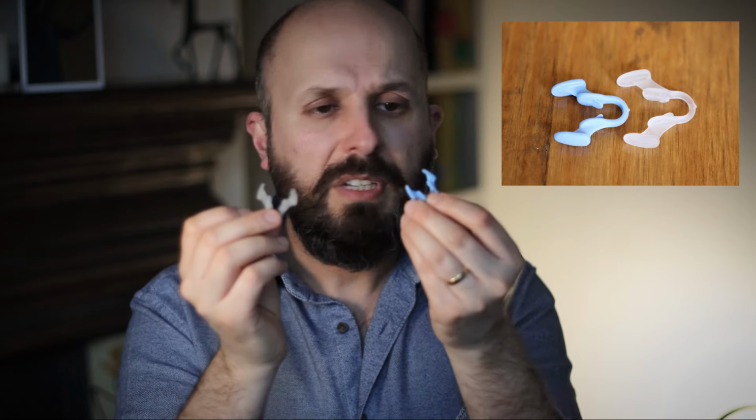Now I'm going to go on to the AirMAX device, which according to the box has nothing to do with snoring, but it's advertised on Amazon for snoring for some reason. This is mainly for performance or sports and things like that. You get two of these devices, a small and a medium. The medium seems to work better for me, and it works a bit like a V that opens up your